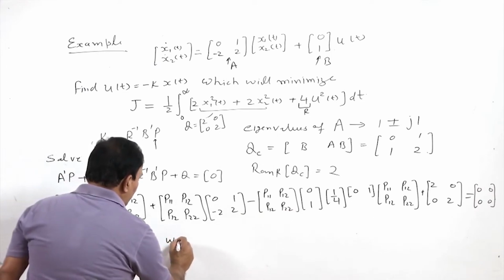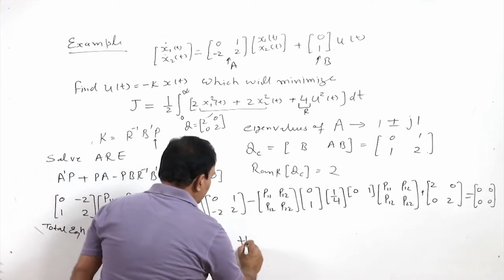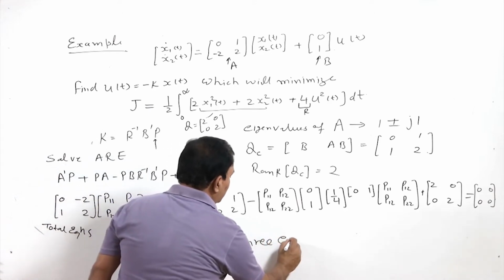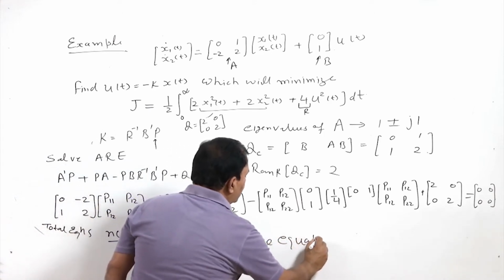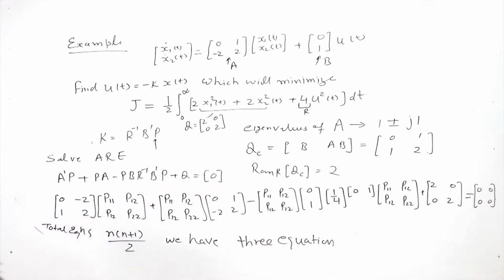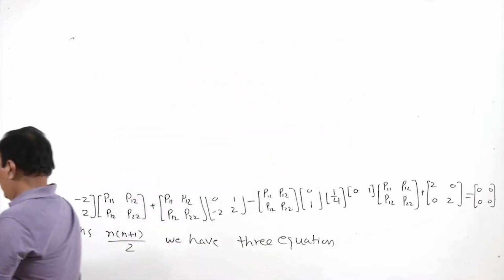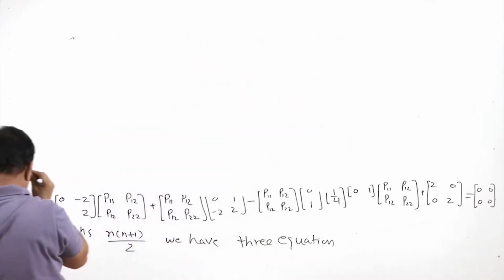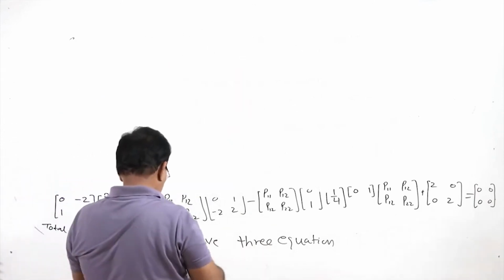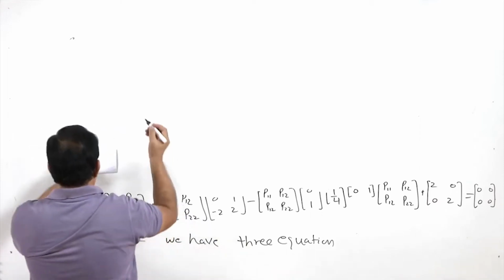So, we have 3 equations. If we solve this, we get the 3 equations as